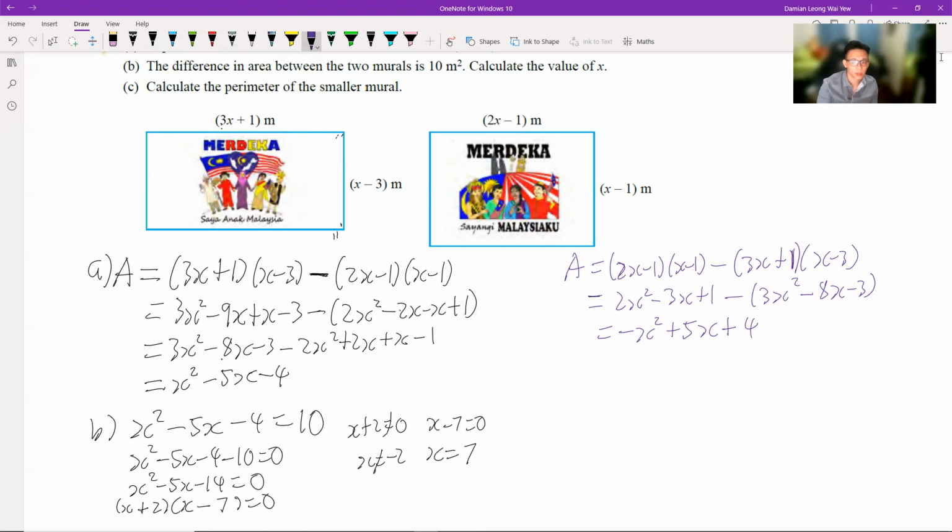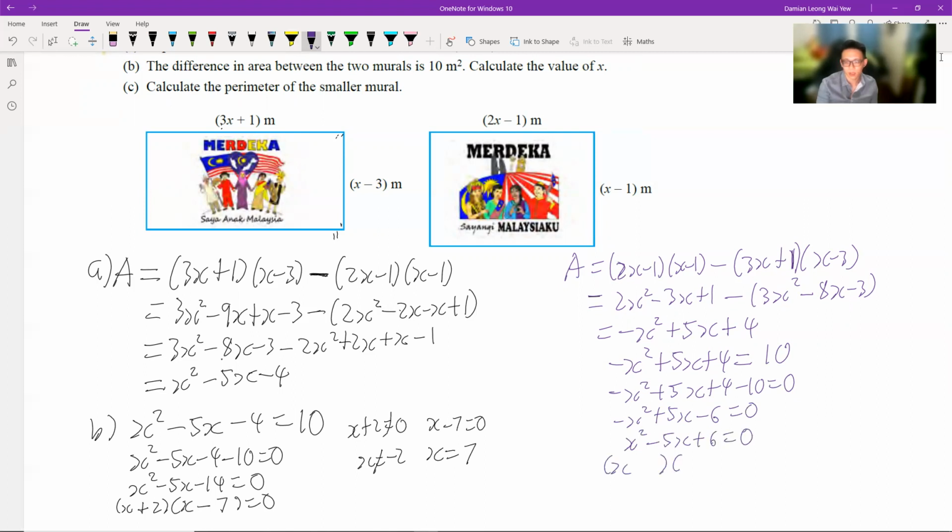See, if I use the other possible way of putting, equals to 10. So the negative x squared plus 5x plus 4 minus 10 equals 0. Negative x squared plus 5x minus 6 equals 0. Change everything from negative to positive, positive to negative. Yeah, before you factorize, easier to count. Then I will get